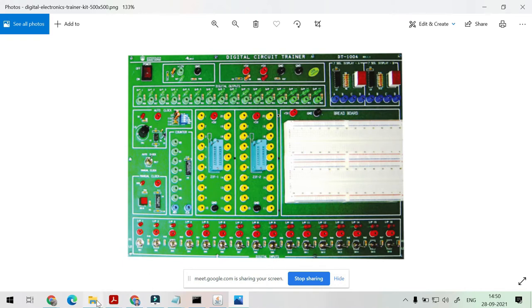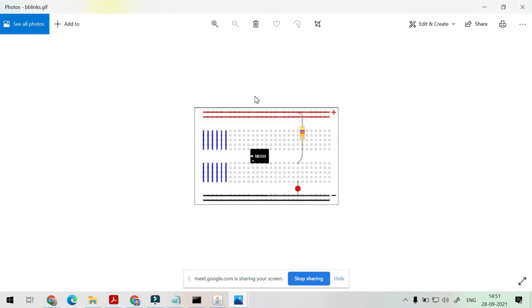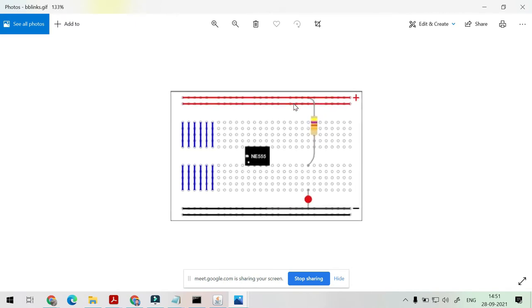And I will show you, this is our simple Blackboard. I think you have already seen how the Blackboard looks. This is the horizontal pins where we usually apply the power supply, and this is for our ground, for providing the ground link. And all these pins, all these dots, are connected in a vertical fashion, and here we will provide the IC.